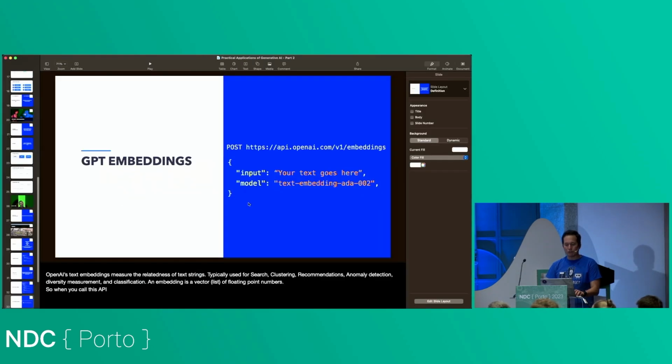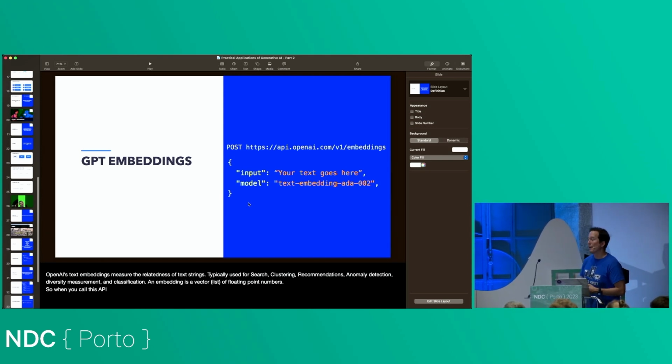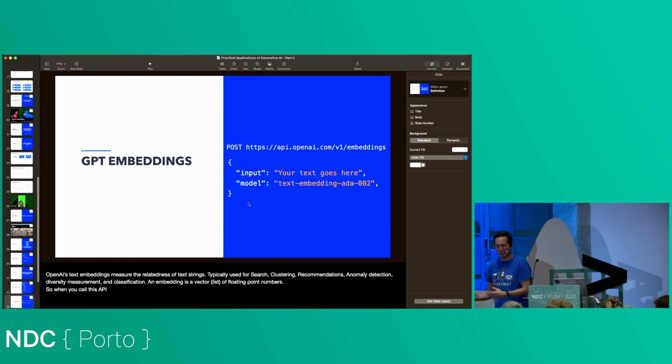So let's look at a more interesting example. Let's say you want to work with live data. For example, in my chat application, I implemented, using SignalR, a little chat app. We can go in there and we can talk, but you can also call out to the bot and tell it things about yourself, and it will remember that. And then later, you can ask it, does anyone know Spanish, right? And then it will look through and it'll figure that out. And the way that works is embeddings. So a lot of times when you think, well, how do I give access to my internal data, right? I don't want to post my internal data to the public GPT.